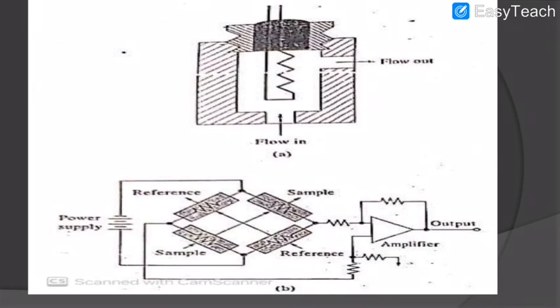You have a power supply, a Wheatstone bridge, and an operational amplifier. There are two wires through which the sample passes, and the sample reduces the heat from the wires, and two resistances through which the carrier gas passes, and the temperature is lowered by the carrier gas. The resistance changes because of the flow of carrier gas or the sample, and the difference in resistance is measured.